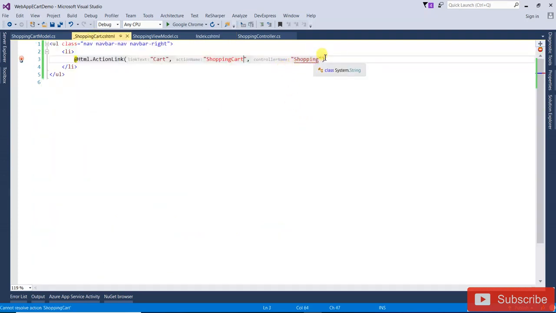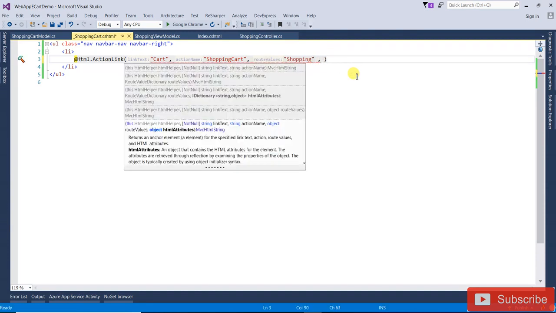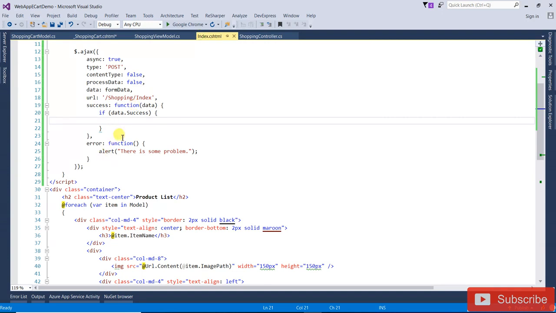Here I am going to give an ID, that ID will be cart item, so here in the index, the dollar ID selector dot text,